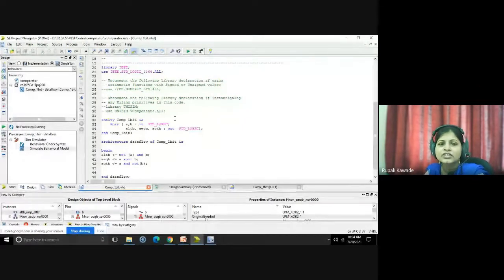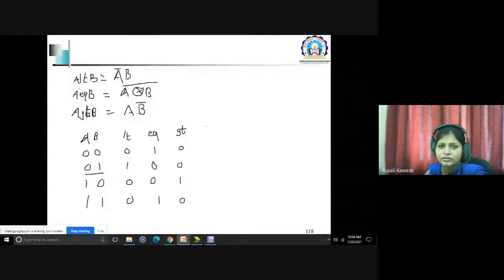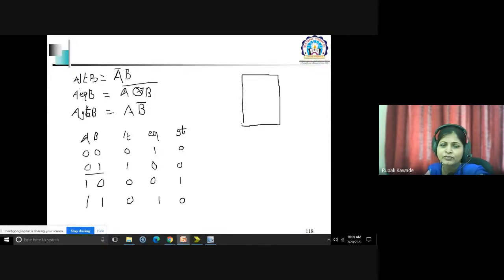So for the sequential circuit, we will take a simple example of the D flip flop, which is the basic memory element. For this flip flop, D stands for delay, right? So I'm drawing a symbol of the flip flop. Fine, D flip flop. We know that in order to design or write a code, we must understand what the different inputs and outputs available for that particular design are and how it is going to work.